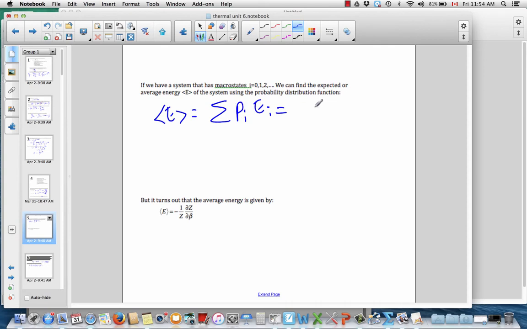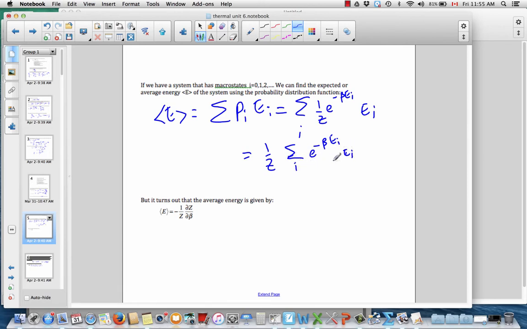So the probability of being in state i, we saw already, is 1 over Z, e to the minus beta times its energy. And so then we multiply that by the energy, and then we add up over all the states. The Z, again, this partition function, is a constant, so it comes out. And so we're left with adding up this function